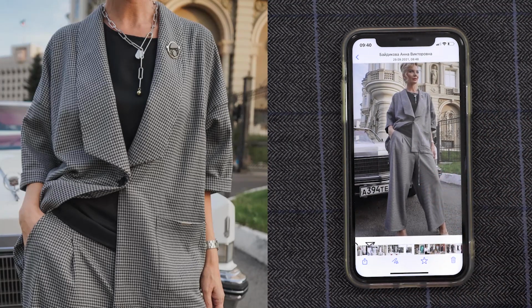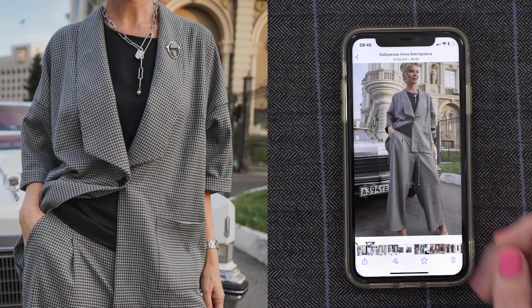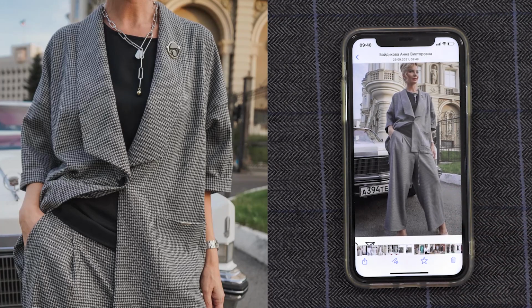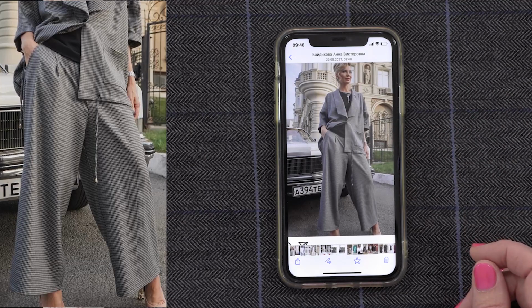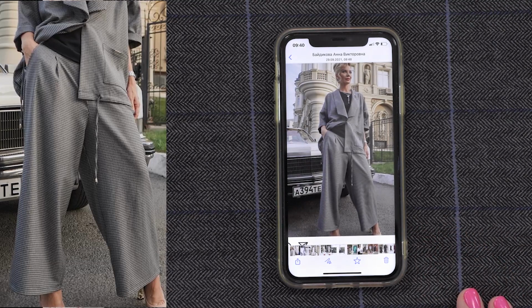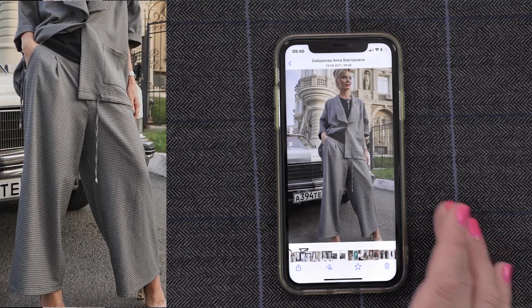Patch pockets, a self belt in the bottom, like a shoelace. It's sporty chic. The pants have a fold around the waistline and pockets. Well, I guess there's an elastic band on the back side of the pants. Yeah, here. So we picked this suit